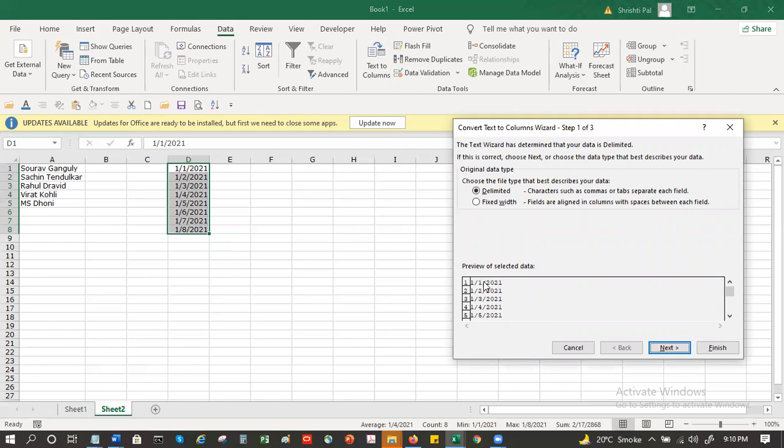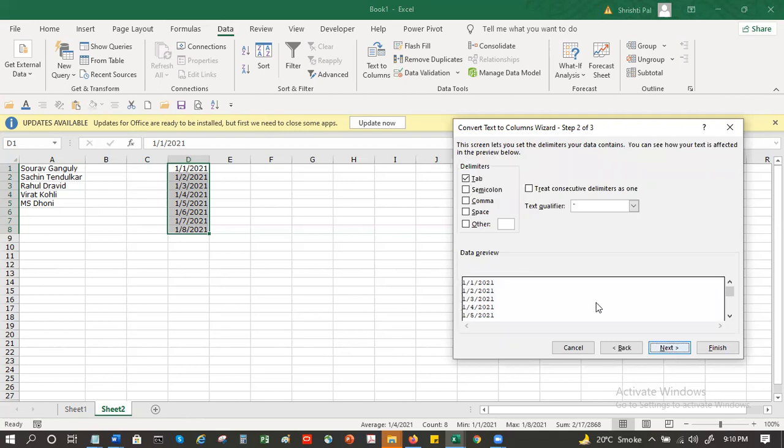But in case the month is 2 digits, then it might get messed up. So we can use the delimiter, and here you see tab, there's no tab, semicolon, there's no semicolon, comma, space, none of them. So you put other and place slash.